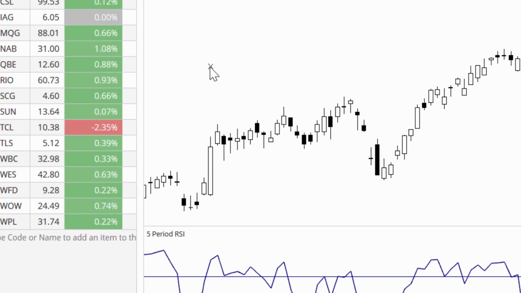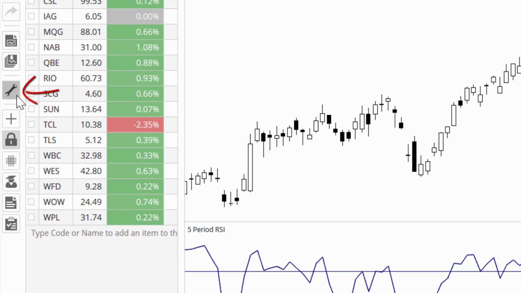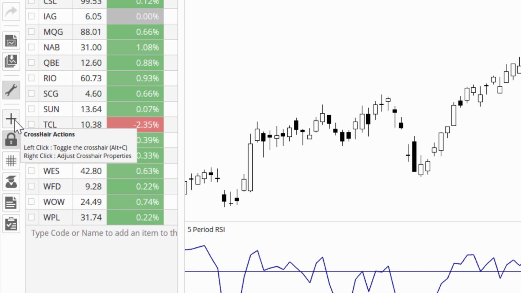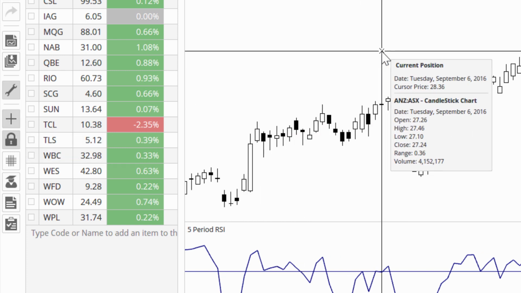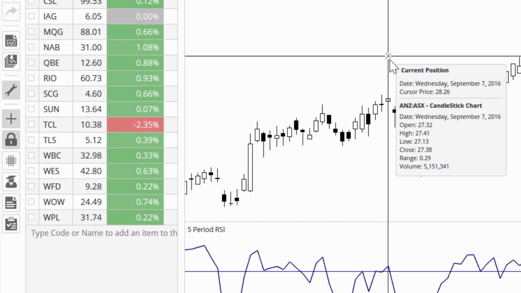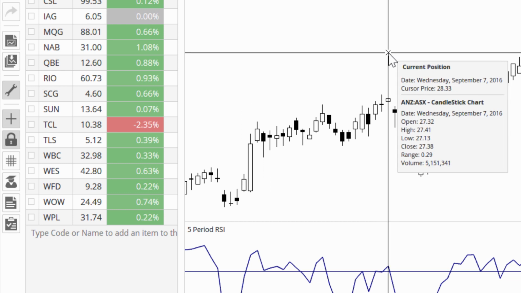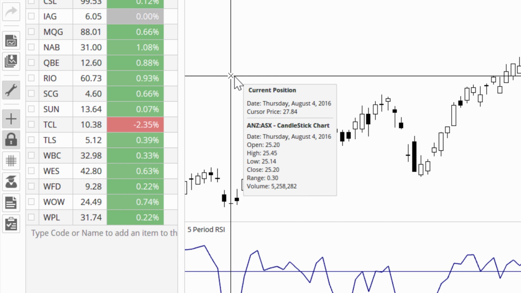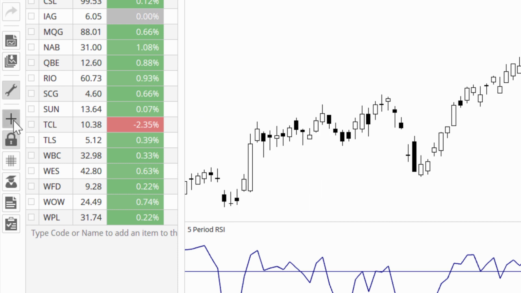Now, to turn on tooltips, that's the spanner or the wrench icon on the left of the screen, and that's also the same labels that appear with crosshairs. So that cross icon there, if we click that, that enables the crosshairs, and you can see that it follows my cursor around the screen, and it's the same label as the tooltips. So what we can do to add our script is, I'm just going to left click to turn the crosshairs